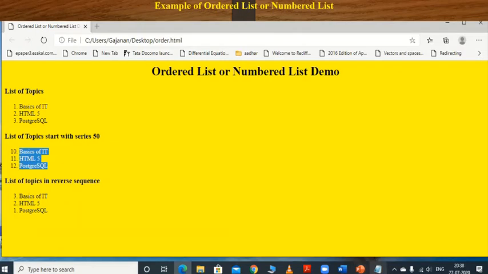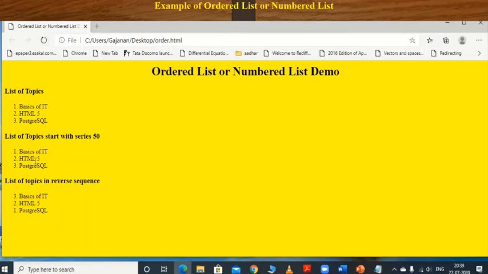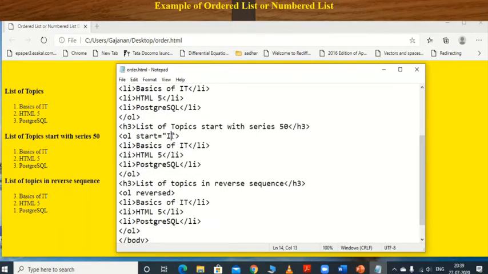Clear? Suppose I want to write I here, then is it affected or not, we will see. I is equivalent to 1, so 1, 2, 3, like this we print this text.